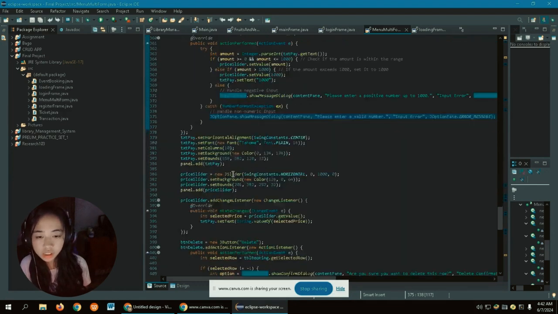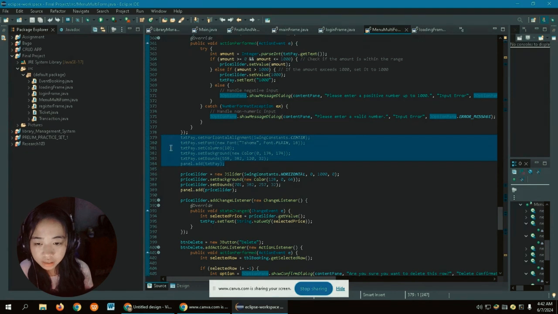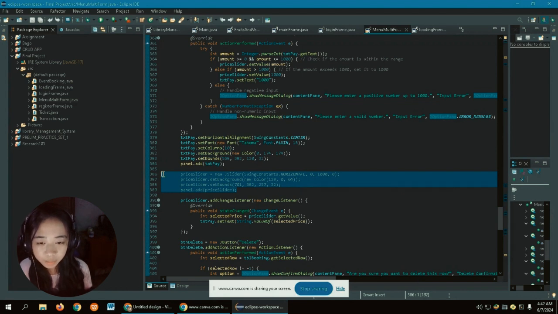This is for the appearance and design. Then here is what I've been saying all throughout, the price slider. This price slider is the horizontal indicator which you can adjust, and it indicates the amount. If you move it to the right side, it will show a thousand, and to the left, zero.